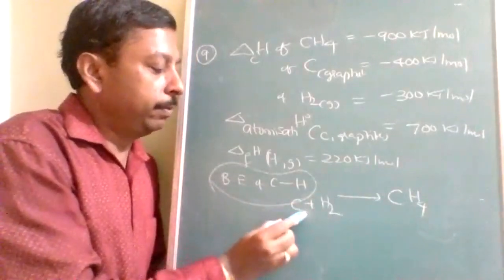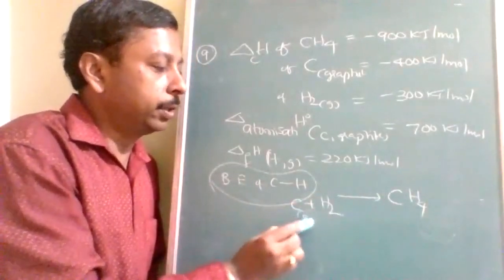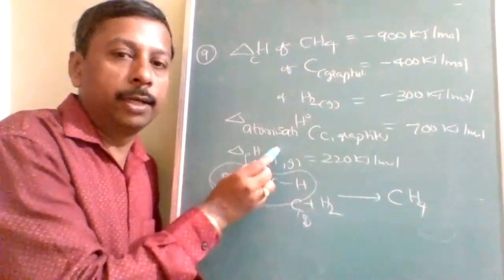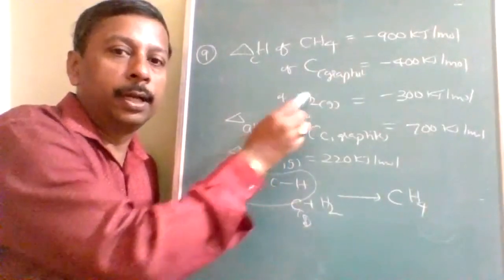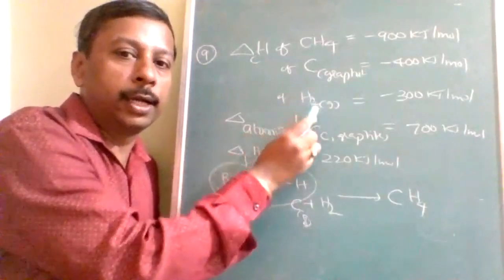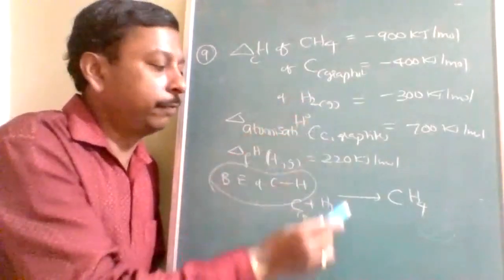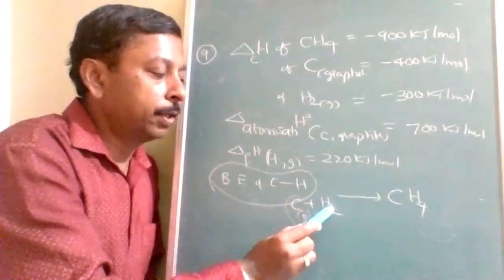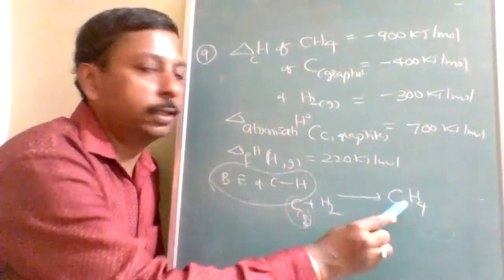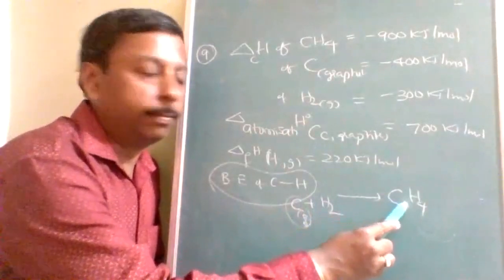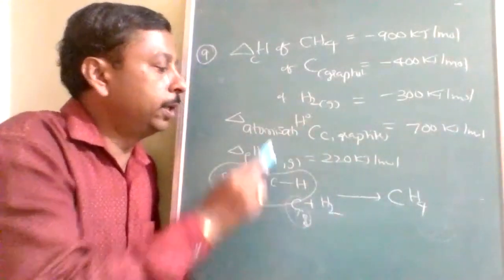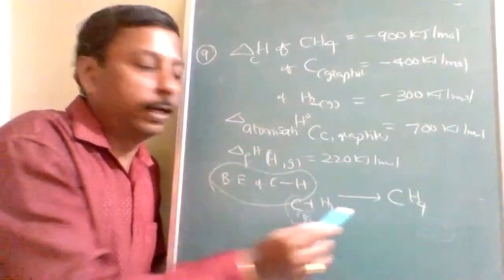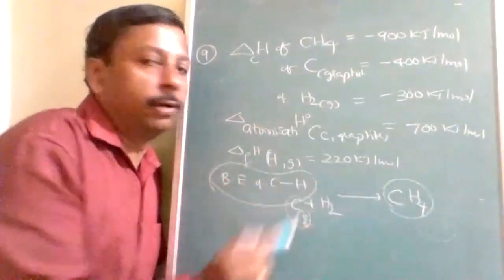See, carbon will be normally in the solid state. So that solid state is to be converted into atomization. And for graphite also we got, hydrogen also combustion we got. For this, what you will find out? Enthalpy of combustion of this one, enthalpy of combustion of this one, and enthalpy of combustion of this one. By using all these 3 and substituting these values accordingly, you can find out the CH4 enthalpy of formation.